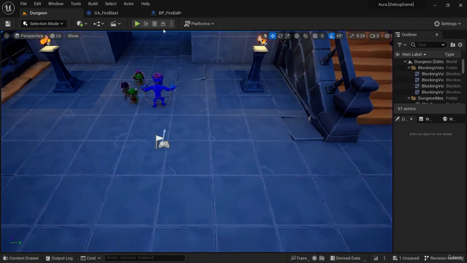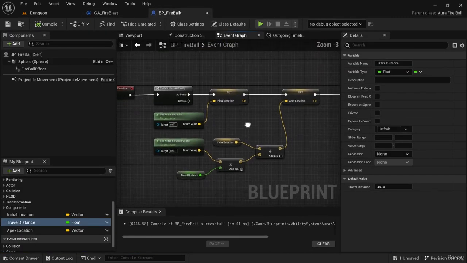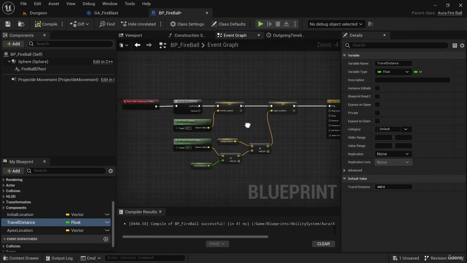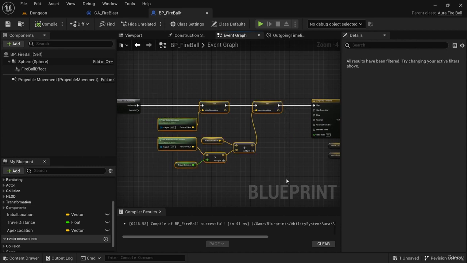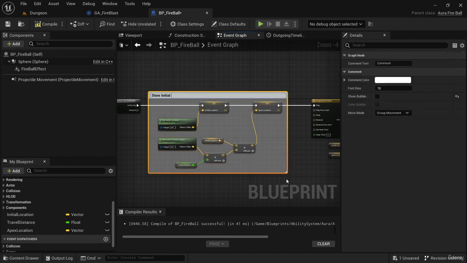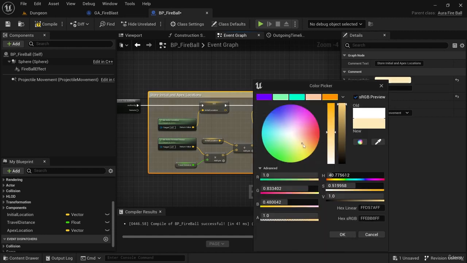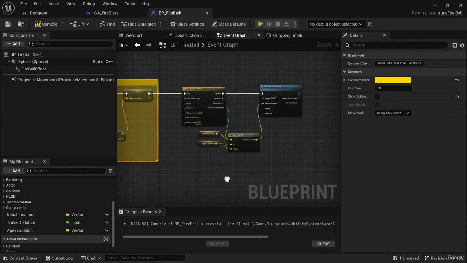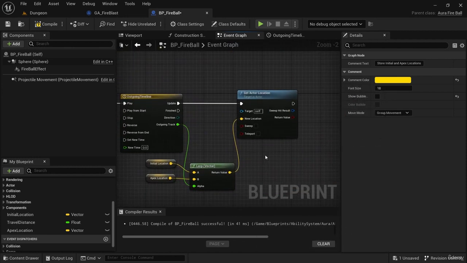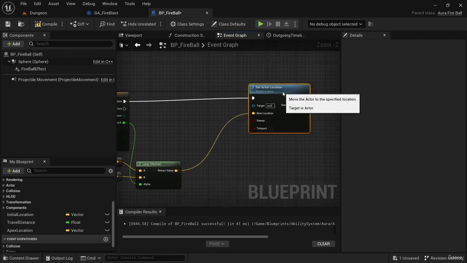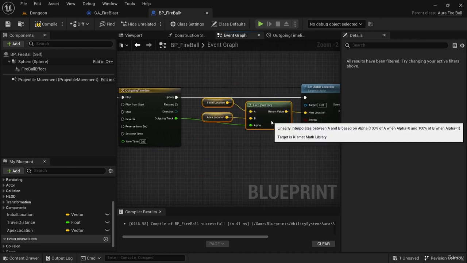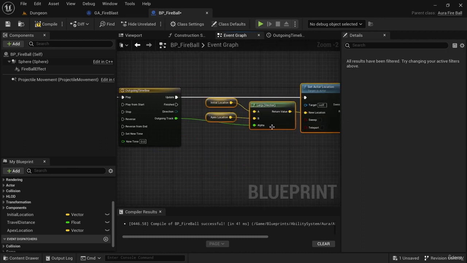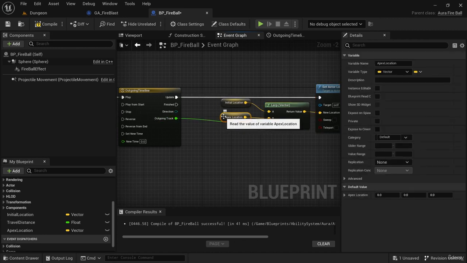So that takes care of the outgoing timeline. But I'm going to want them to come back in as well. So before we do that, let's put some comments on this section here. We're going to say store initial and apex locations. And this has a lot to do with vectors, a lot of yellow. So I'm going to make this a yellow comment. And then after we've done this part, a very important part here, and I'll move this. Let's see if we can overlap as little as possible here